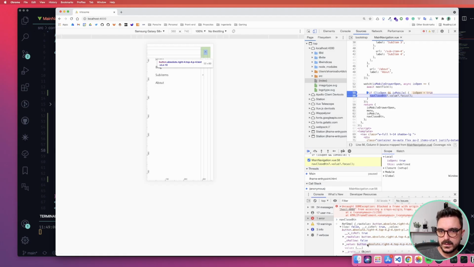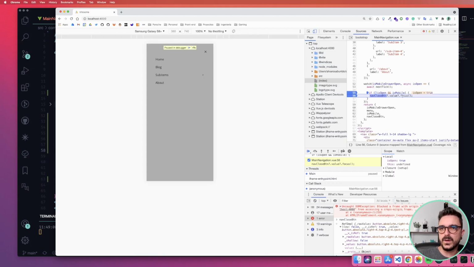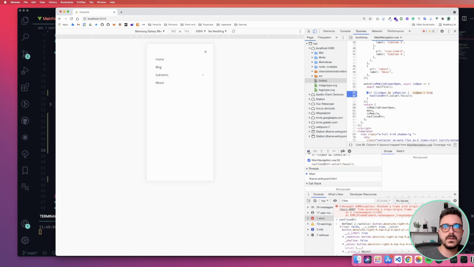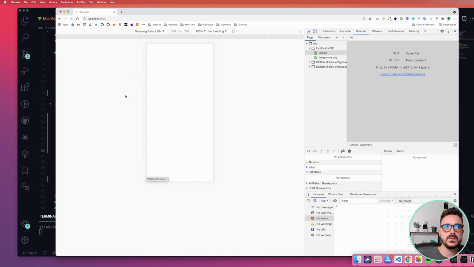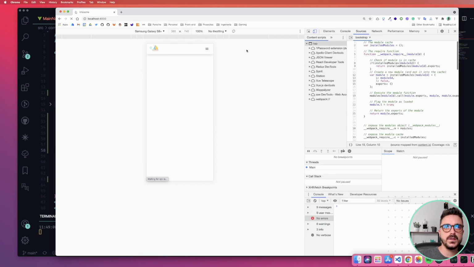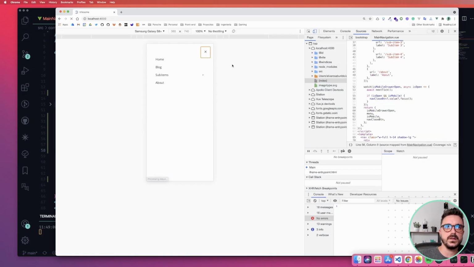Okay, here it's getting the down value, as you can see here. So we can autofocus it. See, without the breakpoints. So we open here and it's autofocus. So nice, we have that done.